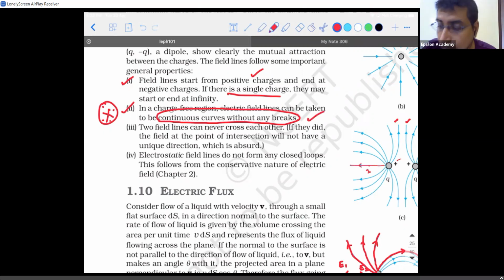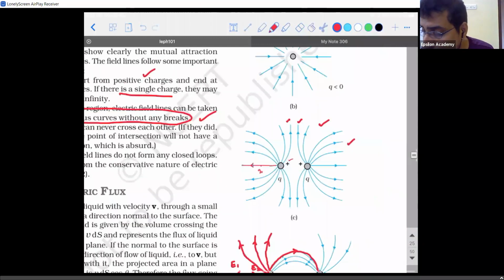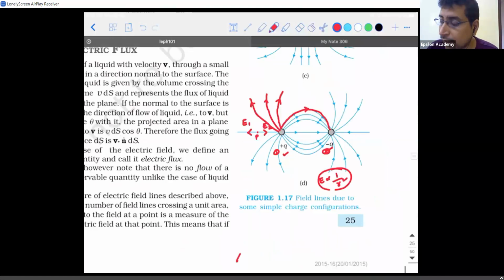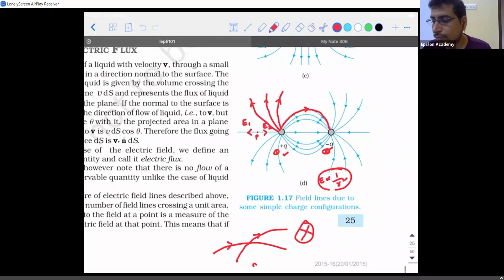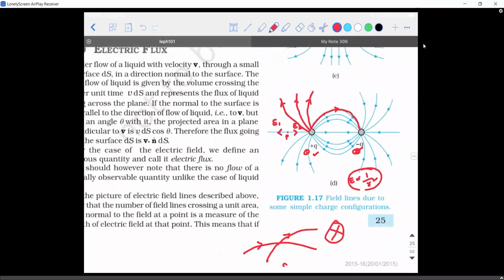Third, two electric field lines will never intersect. Okay. That is, if I draw an electric field line for any kind of a system, I cannot say one electric field line is like this. If I draw another electric field line to be in this way, then it is a wrong statement. It is not possible at all. Can someone tell me the reason for it? Because at that point it will have two directions. Two directions. At that point it will have two directions.